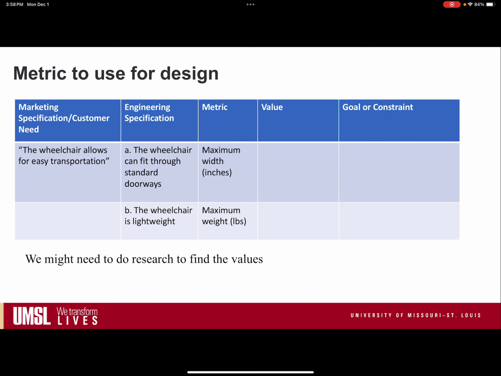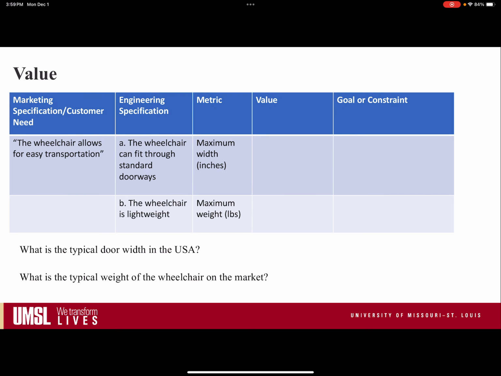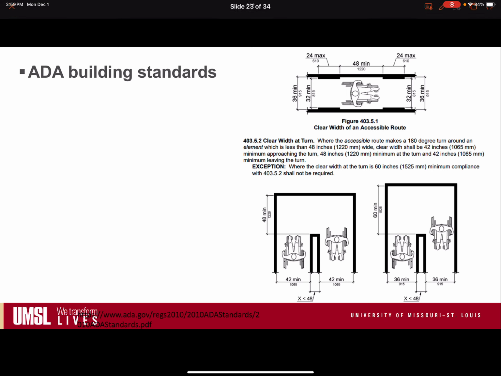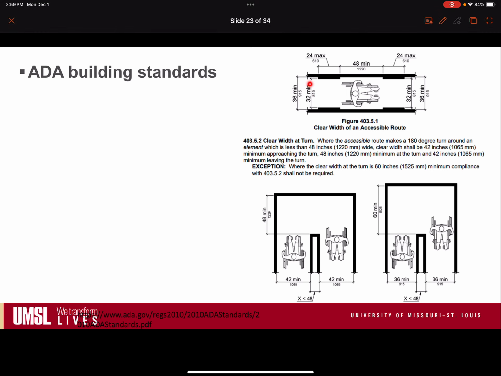What is the metric? For the wheelchair, we need to have width, and for the weight, we're going to measure the weight. But how are we going to find the values for it? We have to do research to know what is the typical door width in the US, or what is the typical weight of the wheelchair on the market. We don't want to be the heaviest one on the market, and we want to make sure it fits into every door. When we do research and find the building standards, we find that 32 inch is the